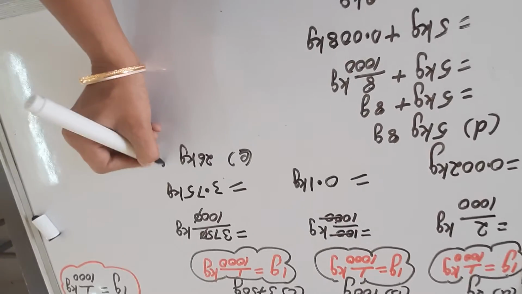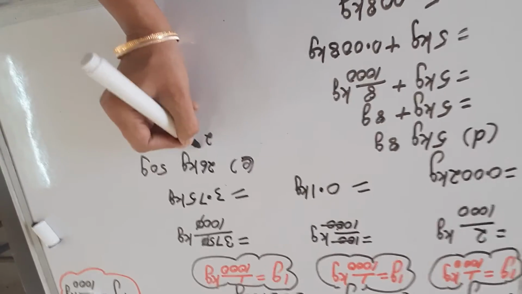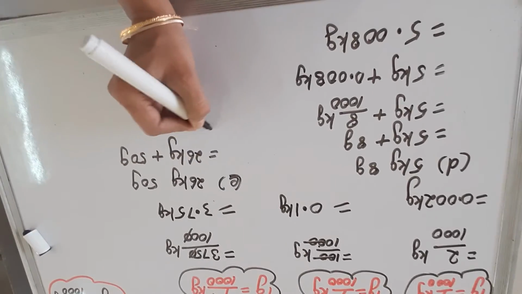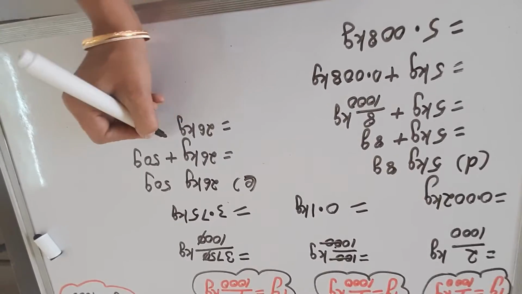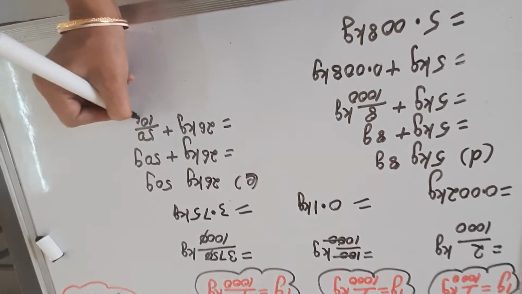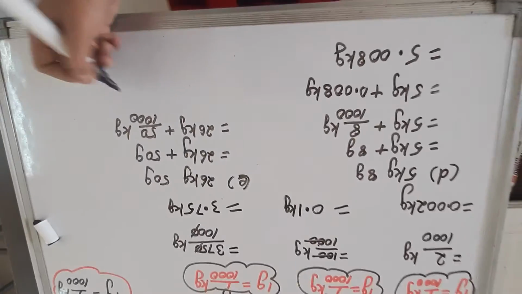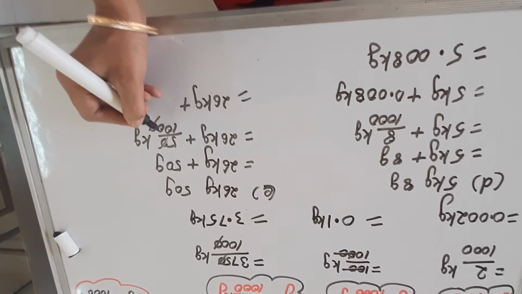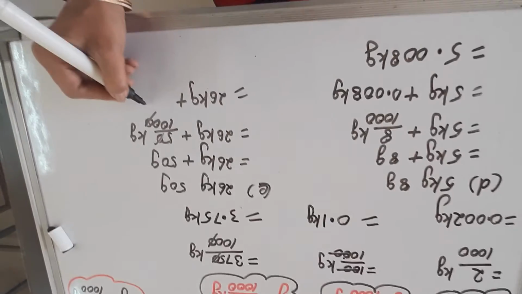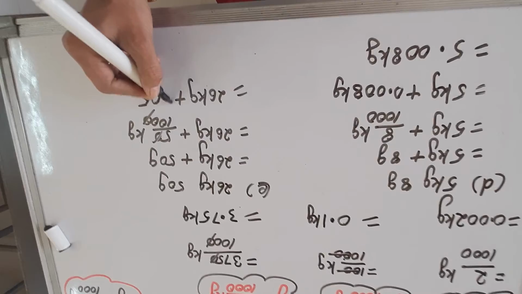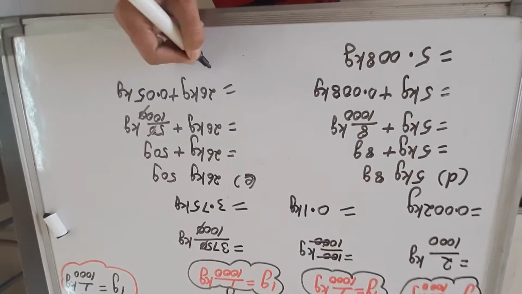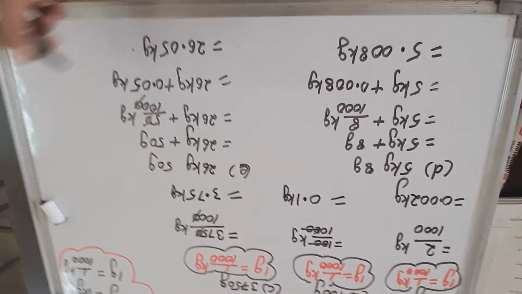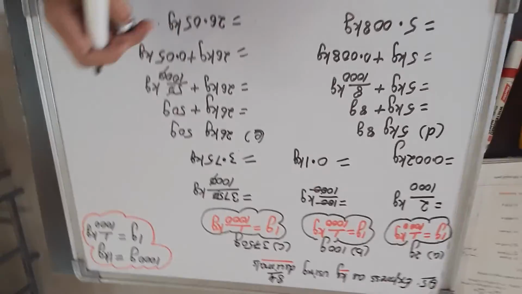Similarly, dear students, we can do the last part. 26 kilograms 50 grams. So 26 kilograms plus 50 grams. Let us divide the grams, 50 grams by 1000 to convert it into kilograms. So for this 100, 2 zeros, we leave 2 digits. 1 is 5, other is 0. Kilograms. So the answer will be 26.05 kilograms. I taught you how to add the 2 decimal numbers.